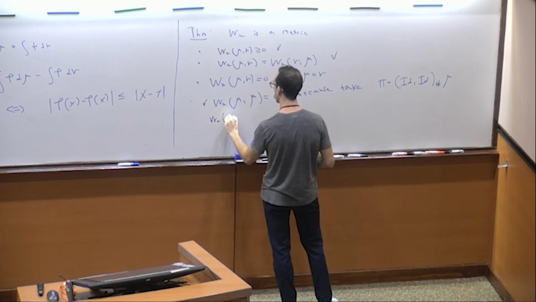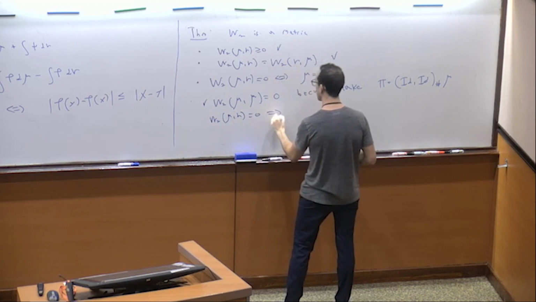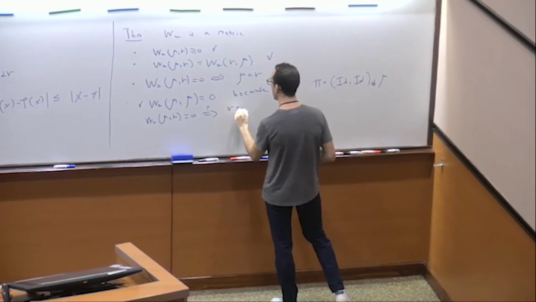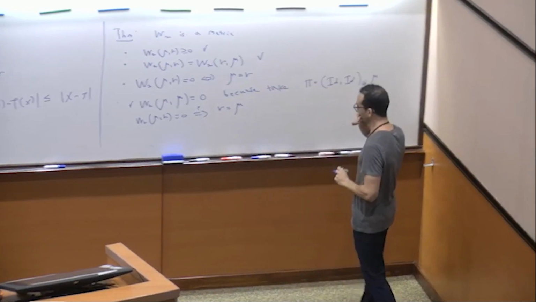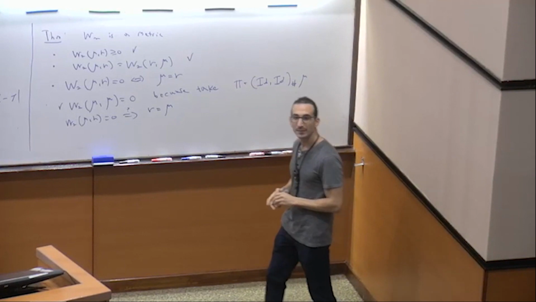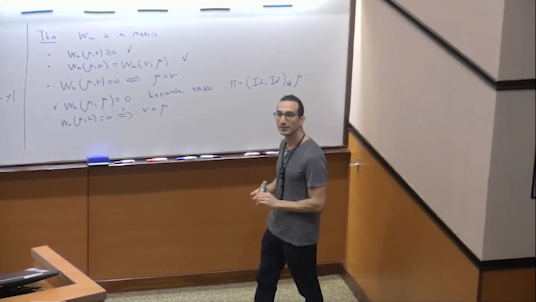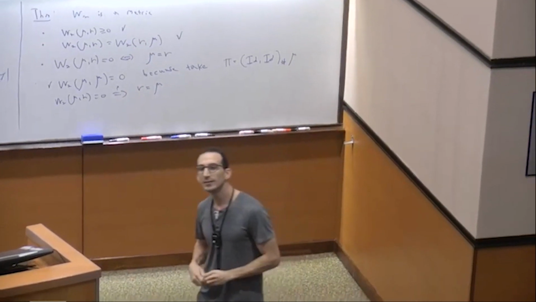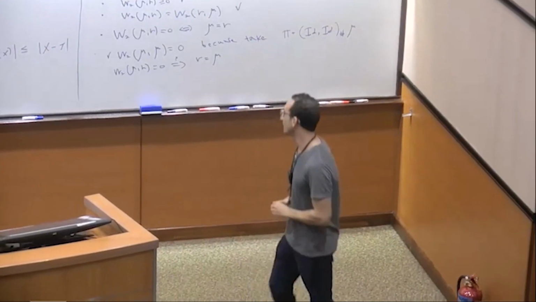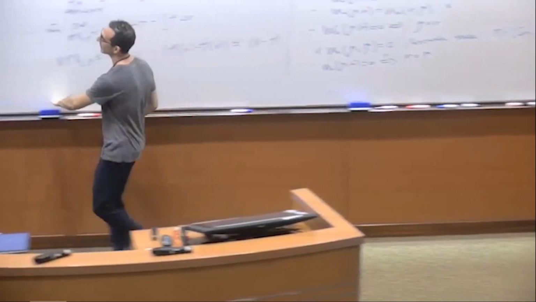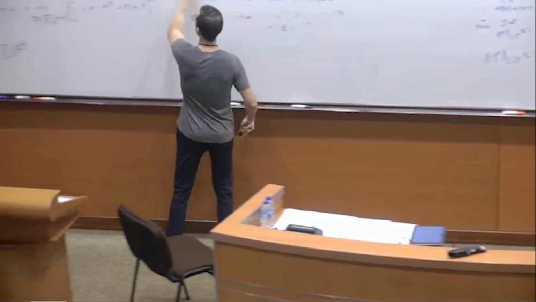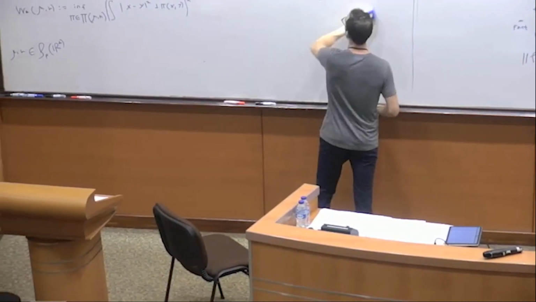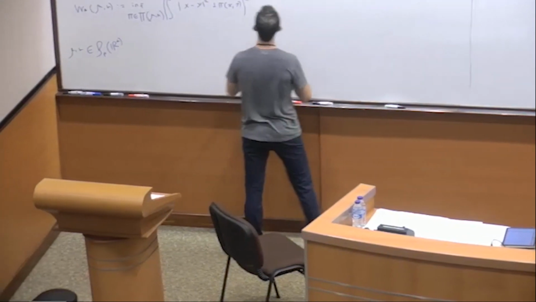But what about the other direction? We need to show that if the W2 between mu and nu is equal to 0, then nu is equal to mu. Yes, so exactly, we will use exactly that fact. So how do we show that? We use the assumption that the W2 between mu and nu is equal to 0, which implies